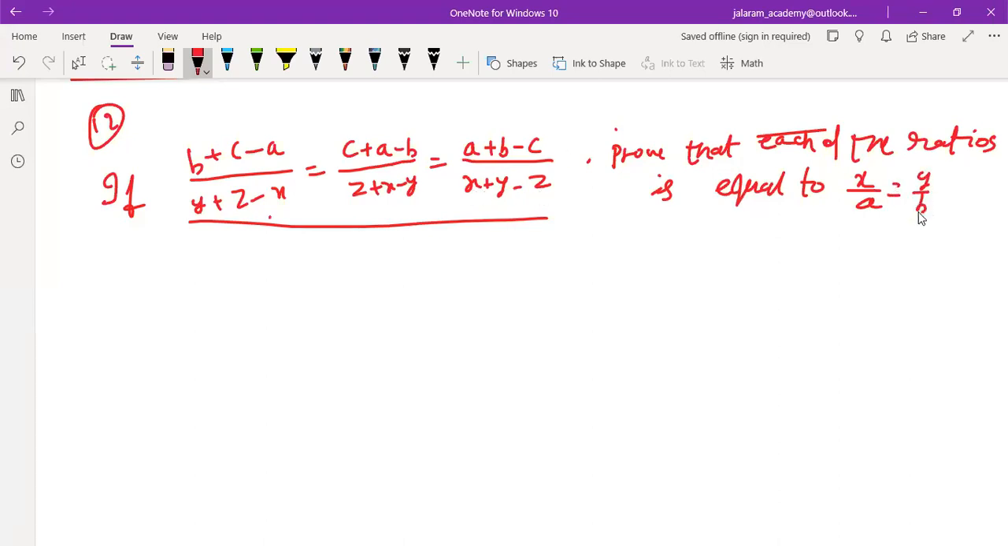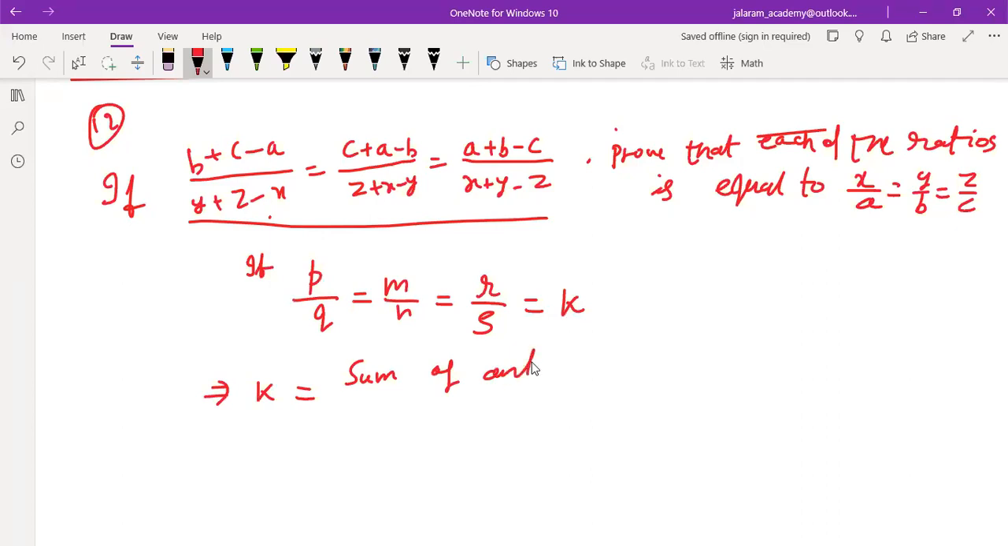And not only x by a, they are also equal to y by b, and they are also equal to z by c. So remember one more property about ratios. This is the property of ratio, that if three ratios are given equal to each other, like P by Q equals M by N equals R by S, and if we assume that equals k, then this k will be equal to